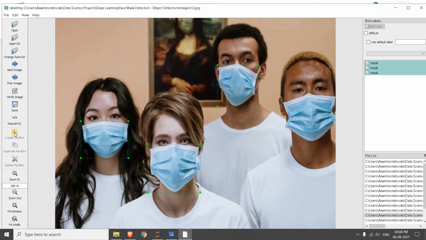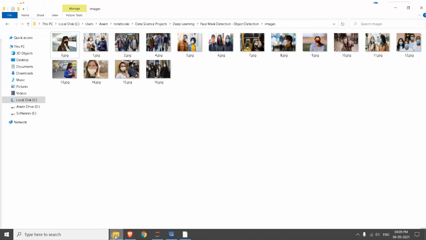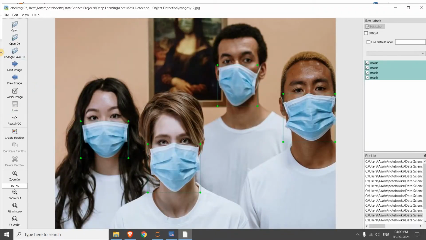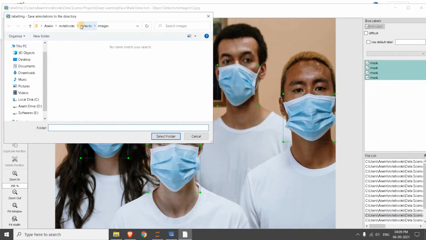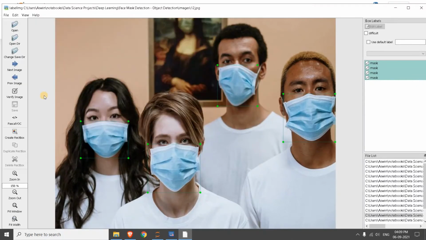Click on create rectangle and mark this mask, and you have to label it as mask. Press OK, and we will have this labeled annotation. After that, it will automatically save the annotations as an XML file. So here, change the save directory. I'm going to select the same directory where you have the images. Select this folder,